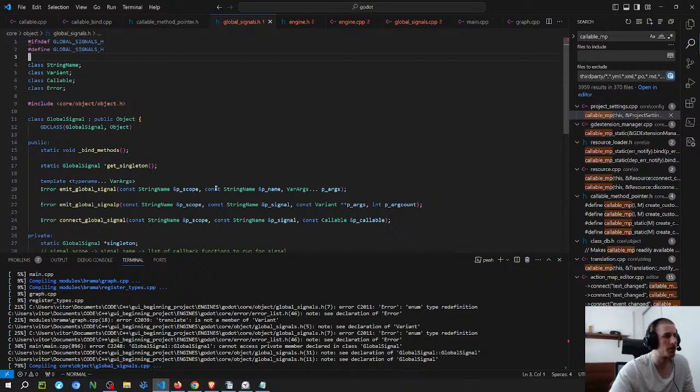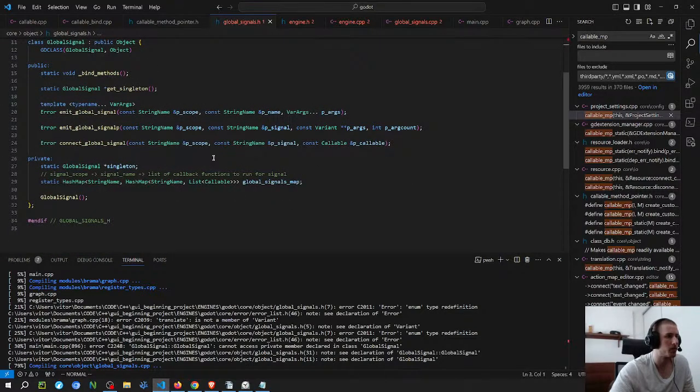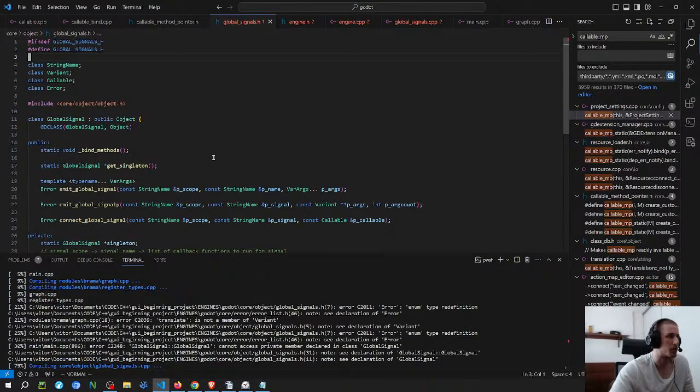If you define functions in the header, then usually you're going to have this problem where you have two definitions, because the macro only works for the same translation unit. And usually you're going to have multiple translation units, and you're going to include the header in the different translation units.